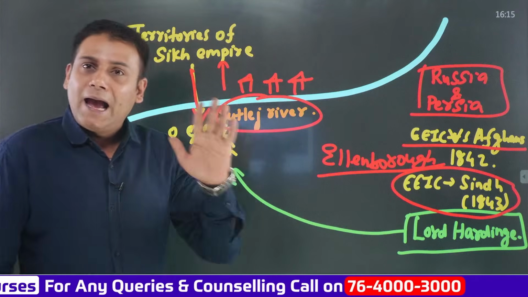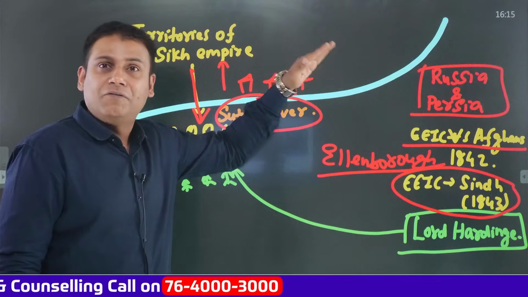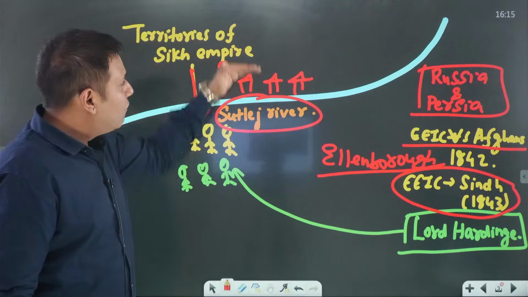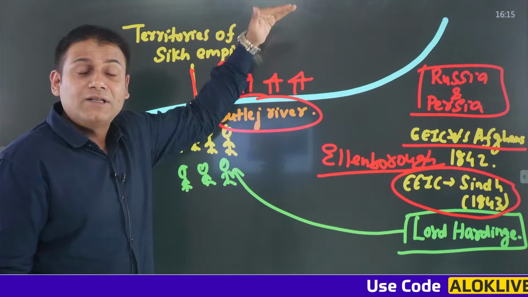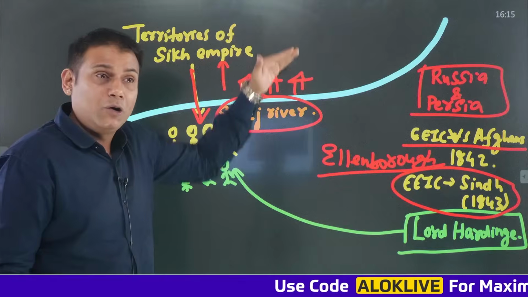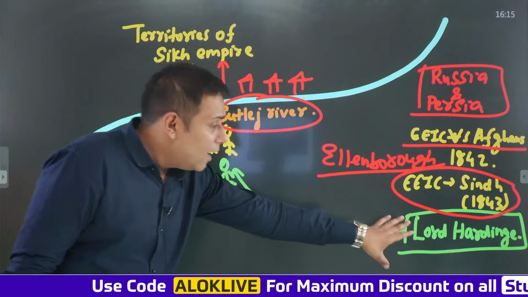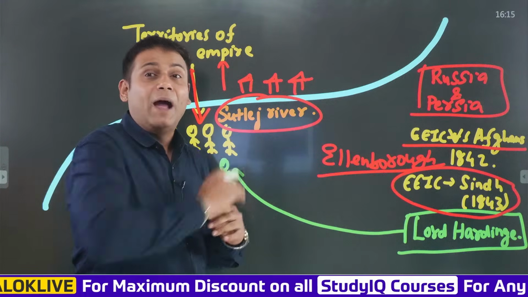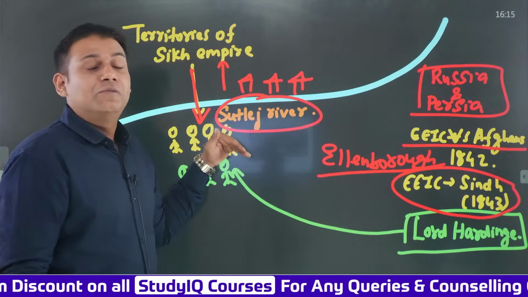Precisely speaking, as per the Treaty of Amritsar, River Satluj acted as a boundary line between the territories of the English East India Company and Maharaja Ranjit Singh. To the north of River Satluj, all the territories belonged to whom? To the north, all the territory belonged to the Sikh Empire. To the south, all the territories belonged to the English East India Company. Lord Hardinge observed that the Sikh forces had started fortification efforts on the bank of River Satluj. So to check that, he dispatched a few of his forces.